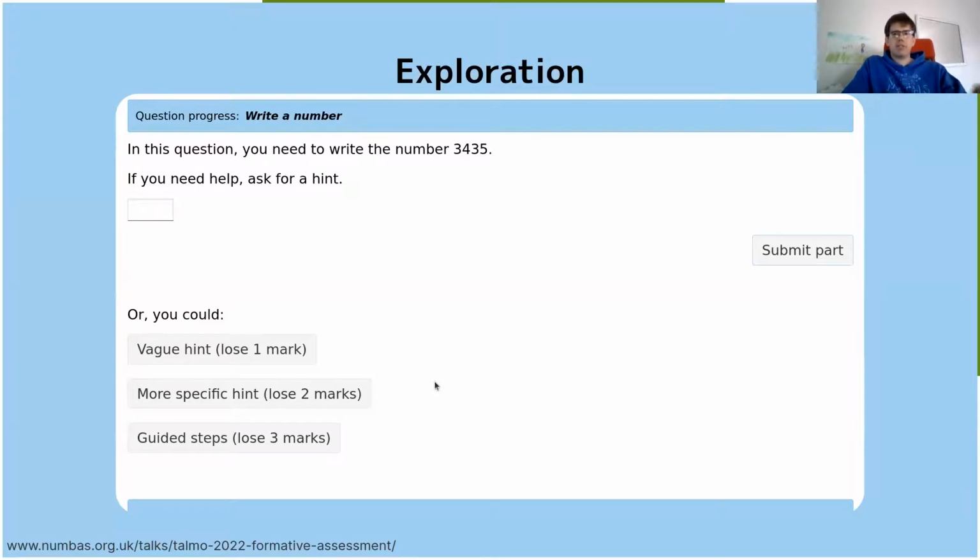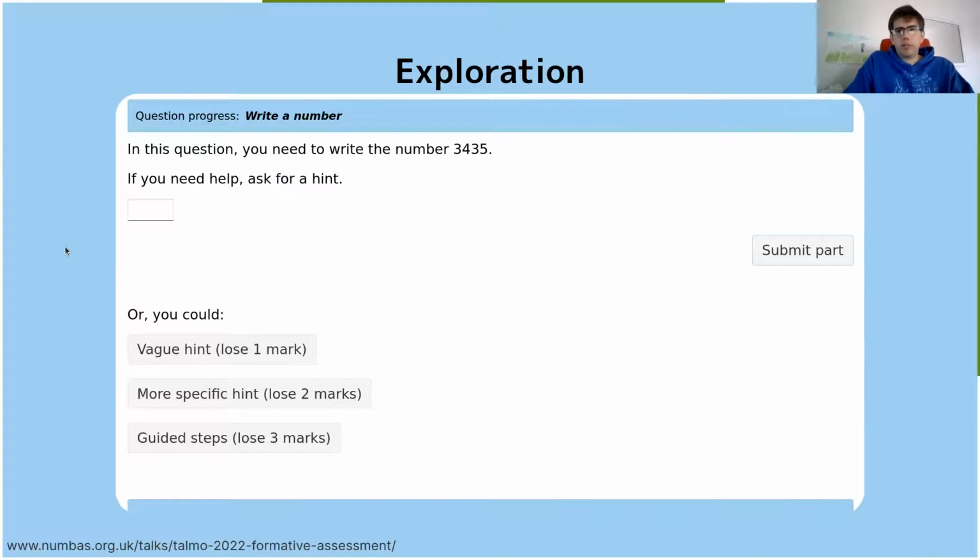But by offering different levels of hint, you can allow the student to say, well, I need a little bit of help getting going. I might want a vague hint to give me the structure of what I need to do. Or if they sat and thought about it for a long time, they might actually want to be guided through step by step. This is what you do for this and this and this. So this model is quite common across assessment systems. I've seen this in Isaac Physics recently. It's quite good. So that's a really simple means of offering students some choices, which you couldn't do with a